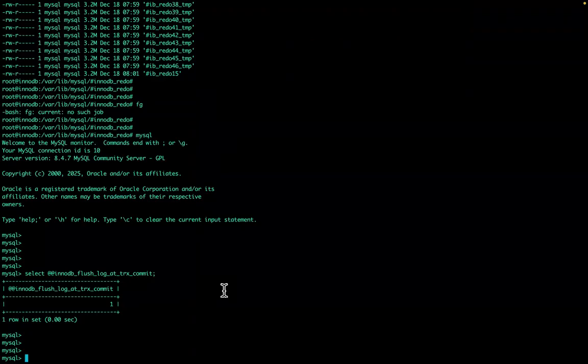Cool. In most of the cases, it will be 1 only, right? Sorry. Like in most of the cases, by default it is 1. It is strongly recommended to keep it one on your transactional environment. Okay, but having it one will degrade the performance because every transaction commit needs to spend some IOPS in